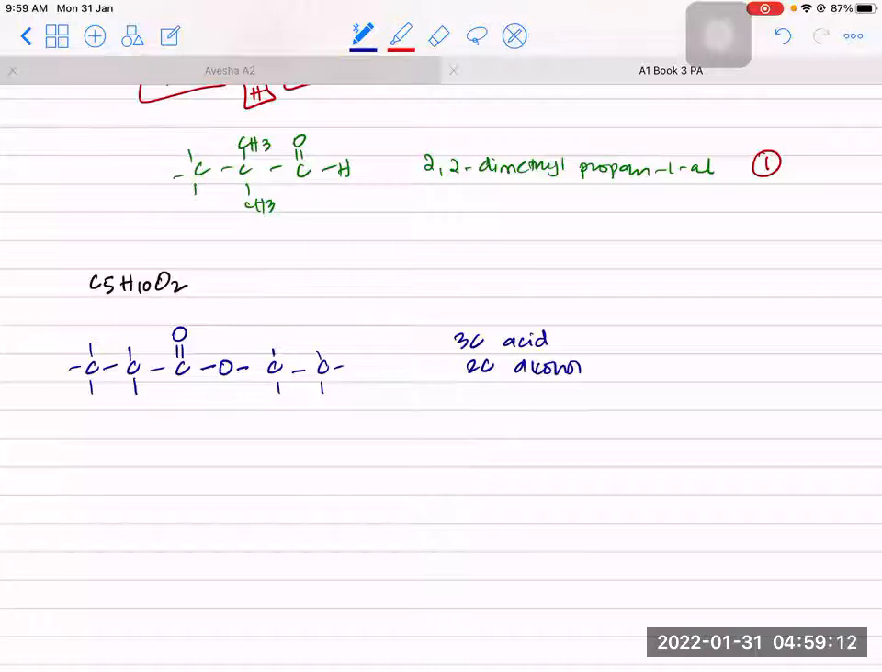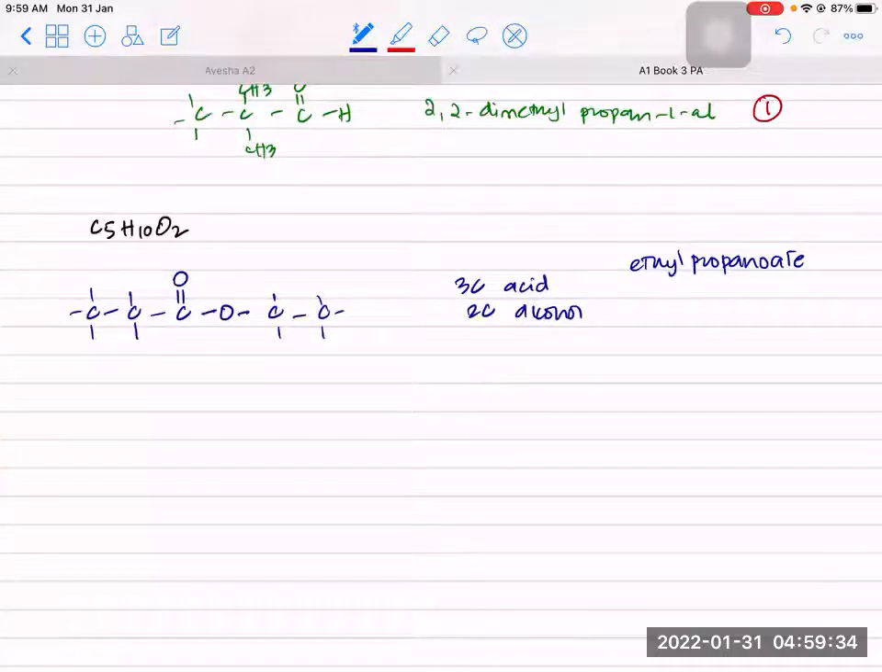Can a 3 carbon acid be anything but propanoic acid? No. Can a 2 carbon alcohol be anything but ethanol? No. There's only one possibility here, and this is ethyl propanoate. Then let's take a 4 carbon acid